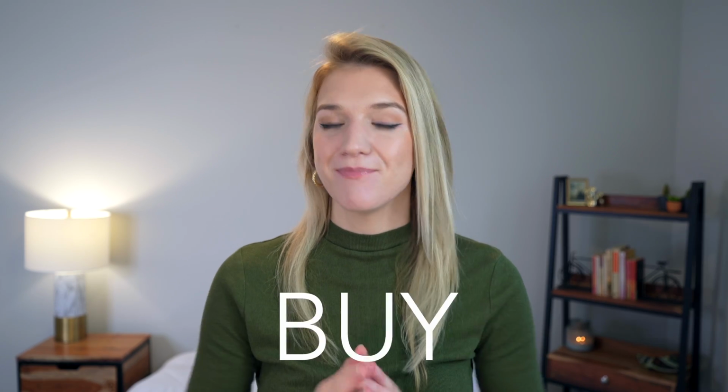perk. For those who don't know, the Southwest Companion Pass is one of the most powerful travel tools out there. In fact, it's almost like having a superpower since it enables you to get buy one get one free tickets on any Southwest flight. The best part is anyone can get this pass without ever having to step foot on a Southwest flight or dish out a ton of cash. And that's because you can strategically use the sign-up bonuses for certain Southwest credit cards to automatically get the Southwest